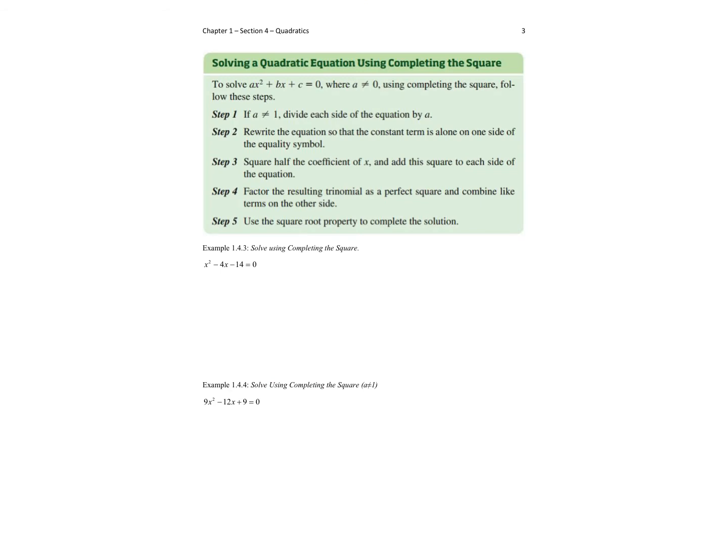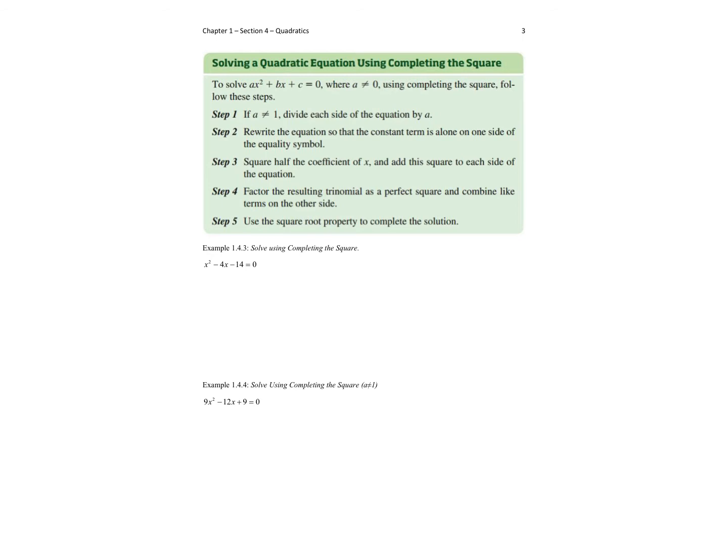Okay, let's take a look at another way to solve a quadratic. So far you've seen us use factoring, then we took the square root, and now we're going to use a process called completing the square. Okay, now this might be the most involved of the processes, and so it takes a little bit of finesse and being careful with our algebra to make sure that we get it right. Okay, the green box has kind of summarized how we're going to do this. So if you want to follow along with the steps that they've given in the green box